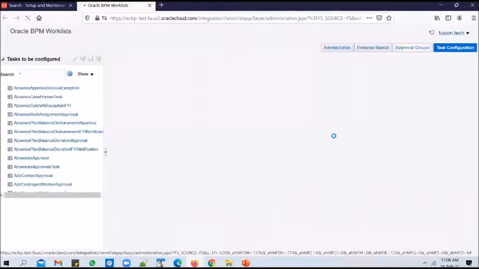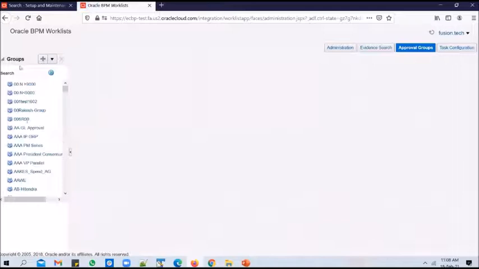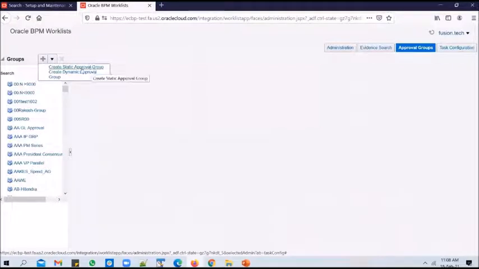To create an approval group, I need to go to approval group and I can create one. There are already quite a few approval groups available. I can create a new one by clicking on the plus icon. We will be using a static approval group. You will usually use static if the number of members in the approval group is fixed. If it is not fixed, then you might think of using a dynamic approval group. I'm not sure how this really works. You can probably explore this. But for now, in the session, we'll create a static approval group.